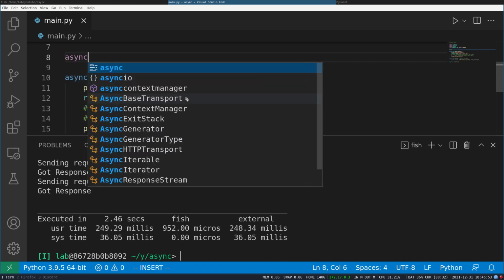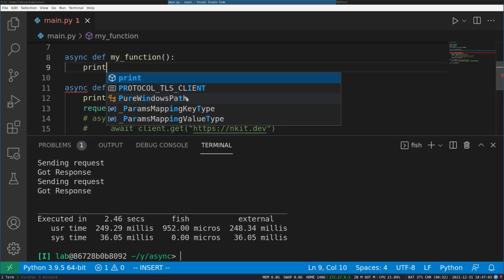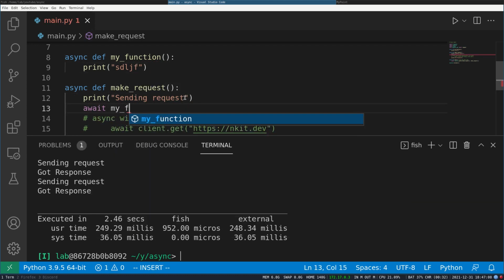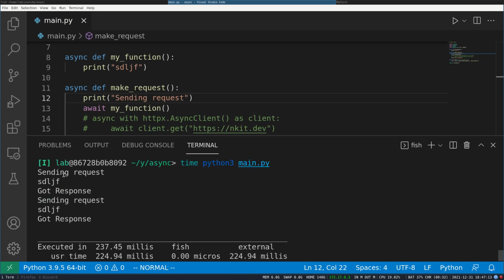Now let me also show you another thing. Here is a function which also doesn't free Python, but if I call that function in, then Python will print send request 2 times, then got response. Well, that's weird.